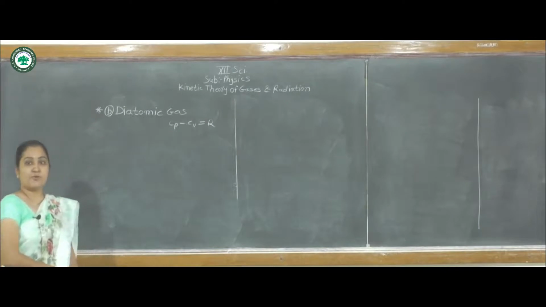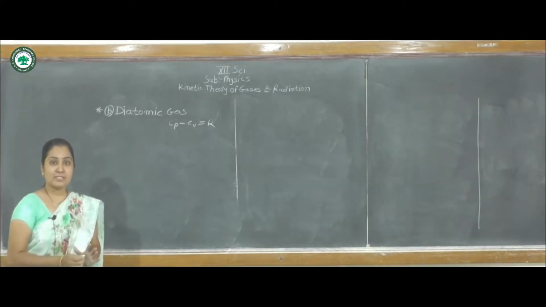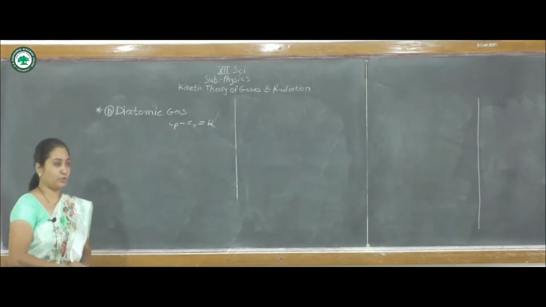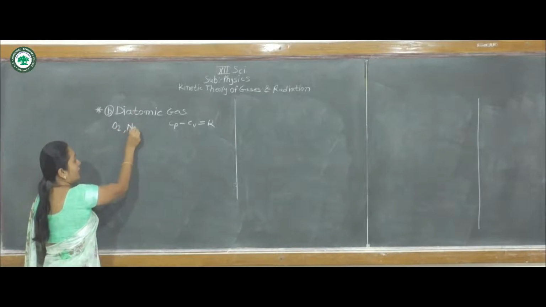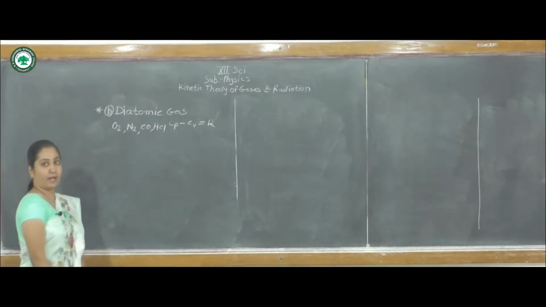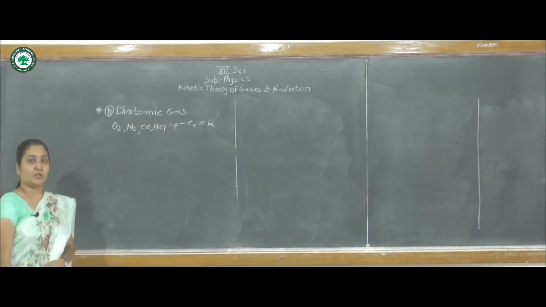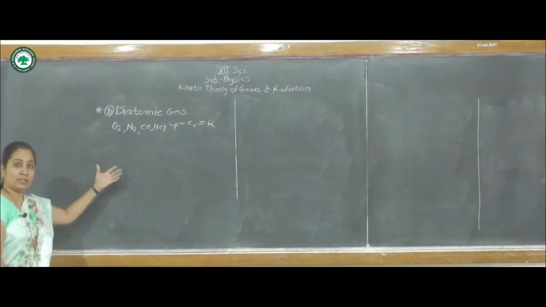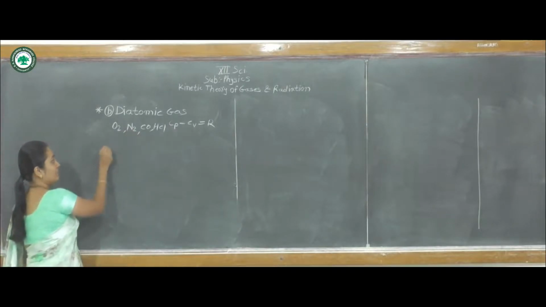So now in case of diatomic gas, diatomic gas means a gas which has two atoms. For example, O2, N2, CO, HCl, etc. These are some examples of diatomic gas. Now the total internal energy per mole for diatomic gas is given by